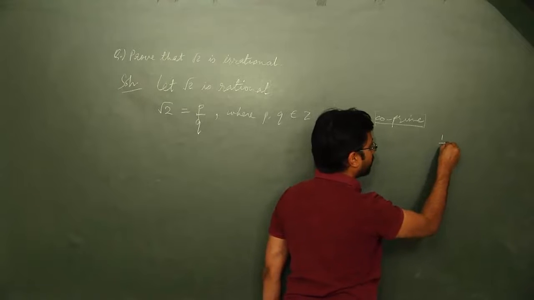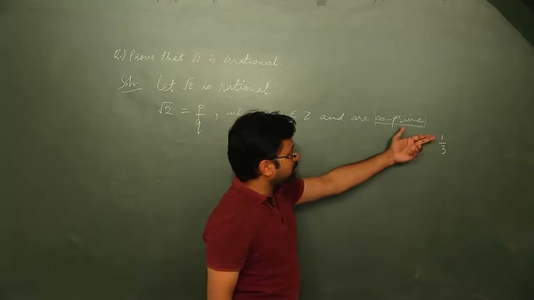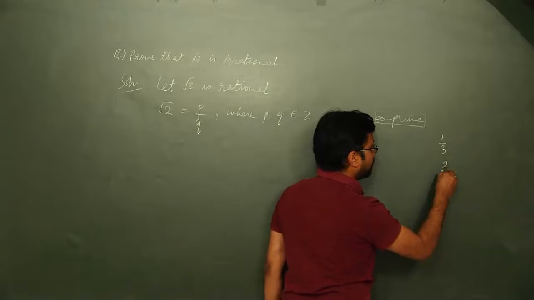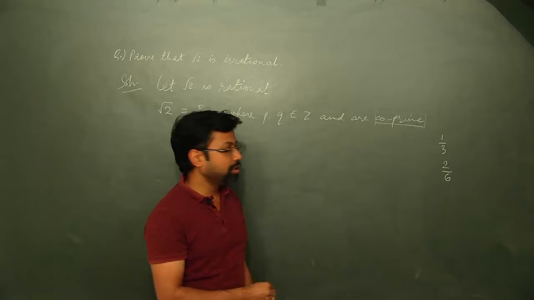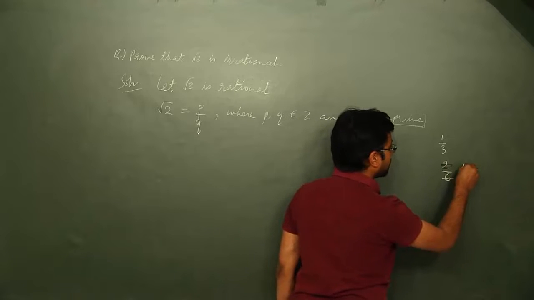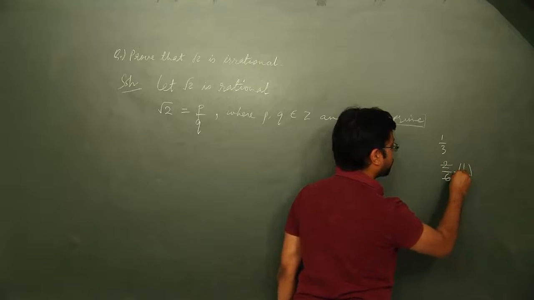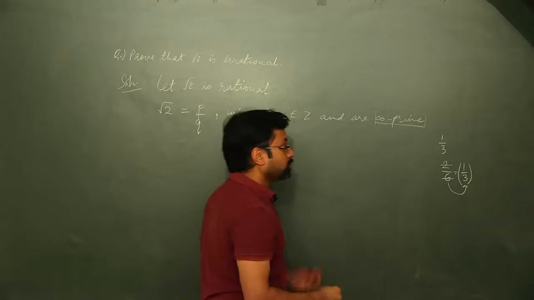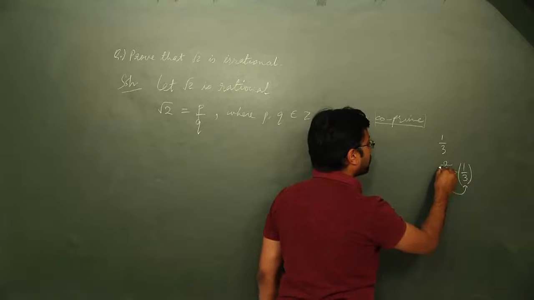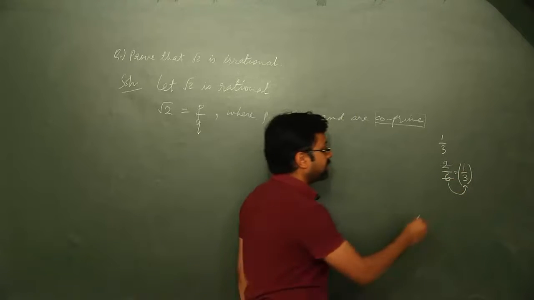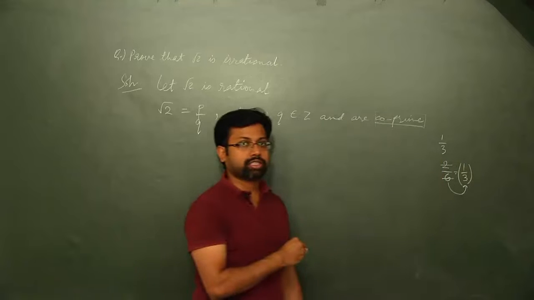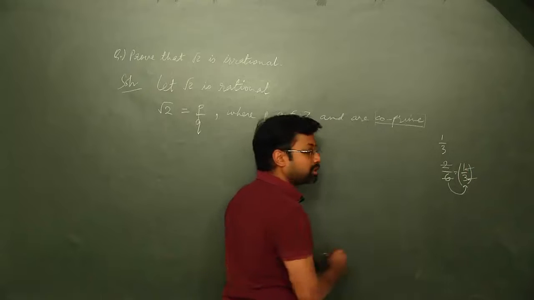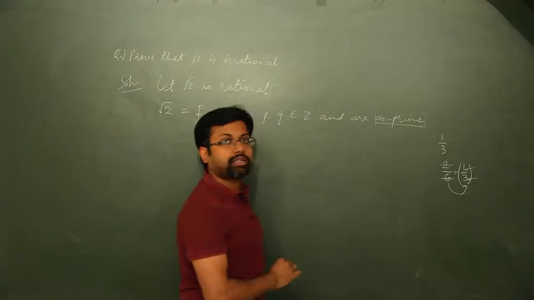What is the standard form? For example, you have the number 1 by 3. It is a rational number because it is of the form p by q, where p and q are integers and q not equal to 0. What about the number 2 by 6? This is also a rational number, but the factors can be cancelled out and it becomes 1 by 3. So the standard form of 2 by 6 is actually 1 by 3. Any rational number, when its common factors are cancelled out, gives the standard form of that rational number, and in that form p and q are integers and share no common factor other than 1.